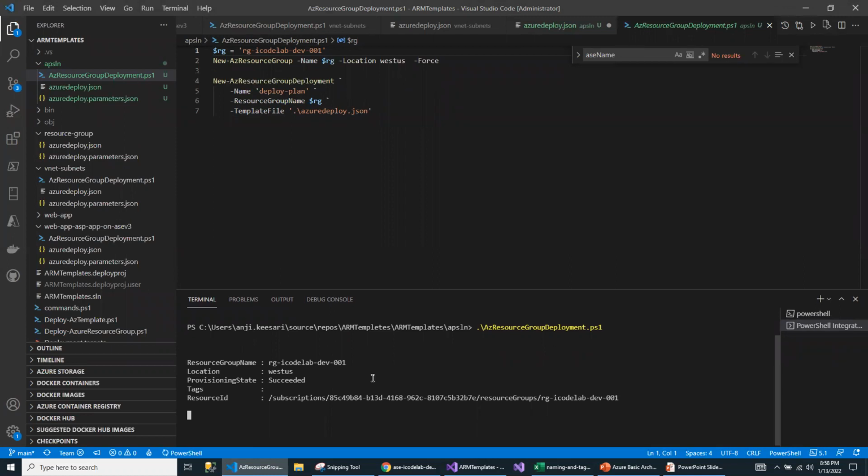Since I've already created the app service plan, this should be quicker. It is just going to be incremental. So I'm rerunning the same script again to make sure that the script is working as expected.